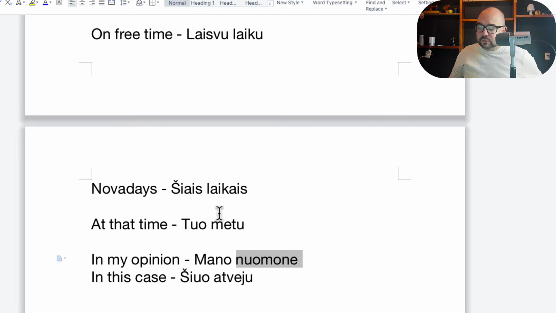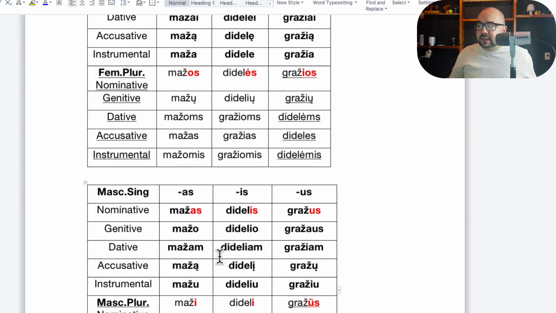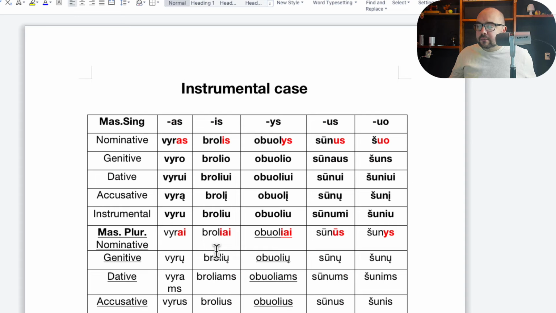And both of these words you can see over here are in the instrumental case, because these work like adjectives over here. Which opinion? My opinion. It describes the opinion, therefore both of these are in instrumental case over here. And you have the tables, and as I say, the idea behind this instrumental case, I would say it's kind of on the easier side, because you know when to use it, right? When you use something as an instrument or a means to perform an action.